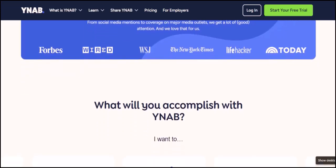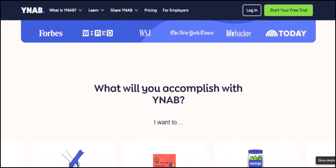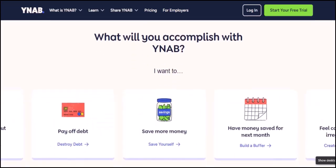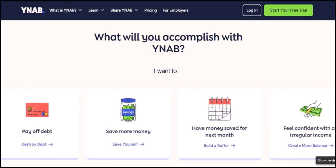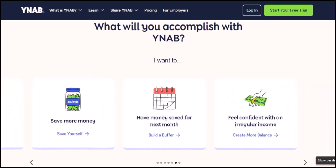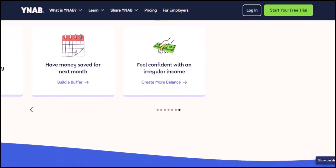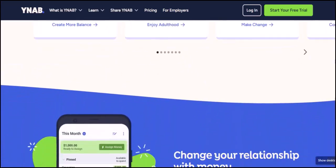Finding your financial fit. The best budgeting solution is the one that empowers you to take control of your finances. Experiment with different apps and methods to discover what works best for you. Remember, consistency is key. Once you find a system that resonates with you, stick with it and watch your